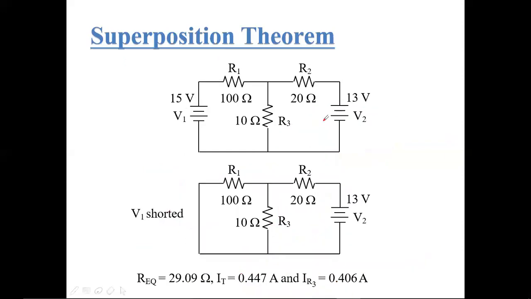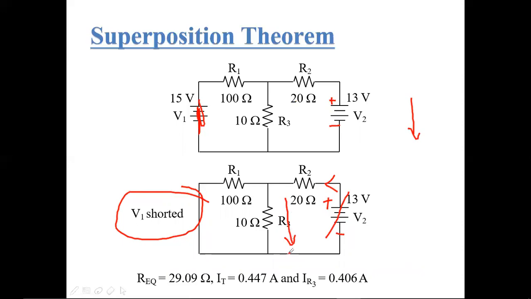Case 2. In case 2, I am short circuiting V1 and its internal resistance, making it 0 ohms. V1 is short circuited. V2 is going to be active. Since this is plus and minus, you need to mention the polarity. The current travels in this direction, the same direction as measured with V1 itself. But through R3, in both cases, case 1 and case 2, the current is in the downward direction.